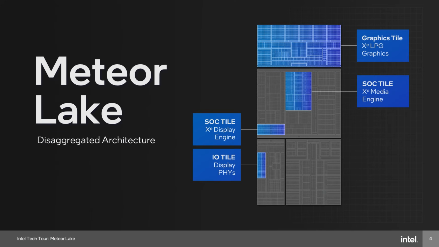That's great. So how is disaggregation working for graphics? How are the blocks split? Well, if you start at the beginning, there's a dedicated tile for the compute graphics. That's what we call the graphics tile. Our I/O is in the I/O interface tile. And then our media blocks are actually in the SoC tile. So instead of just having one spot that turns on for all graphics and media, we can now spread it around the chip.